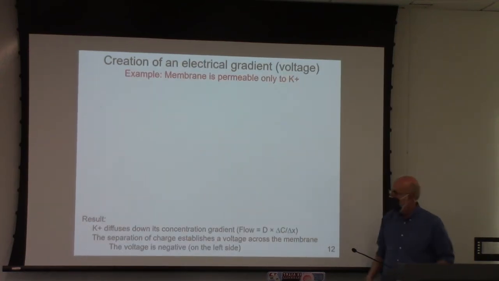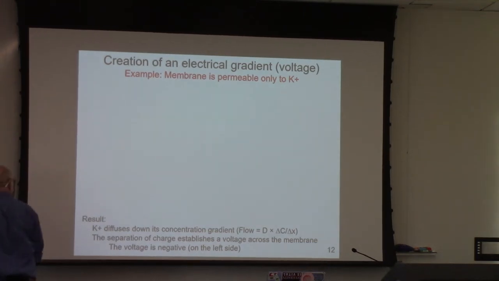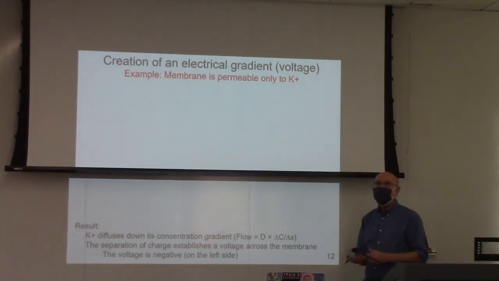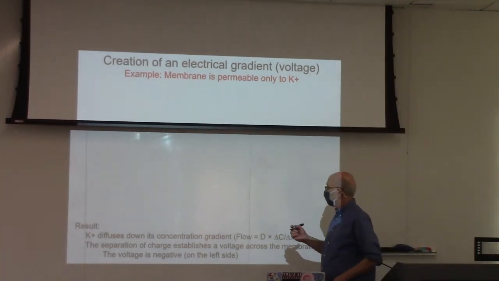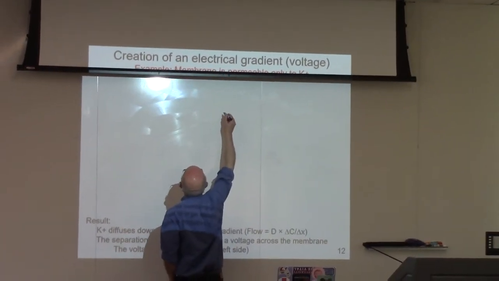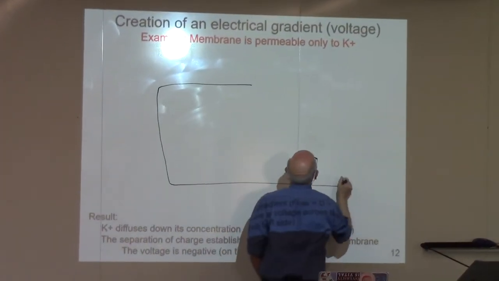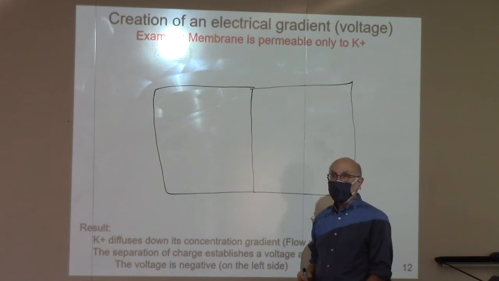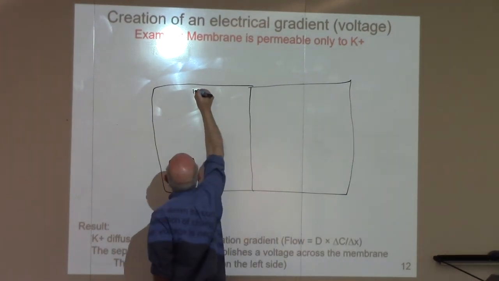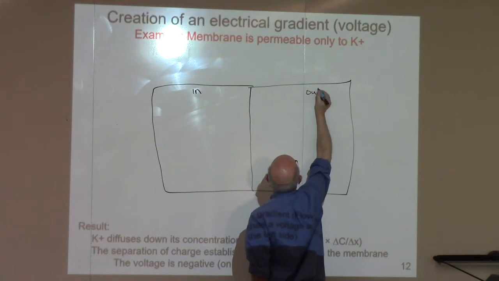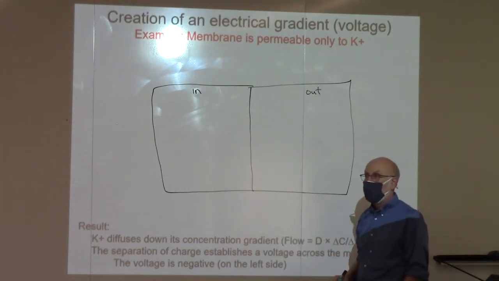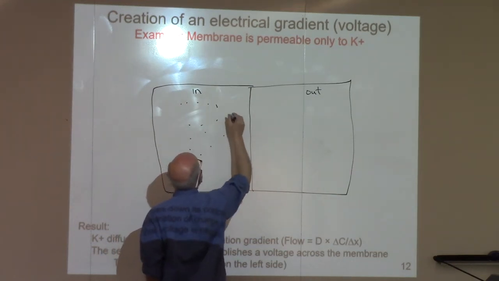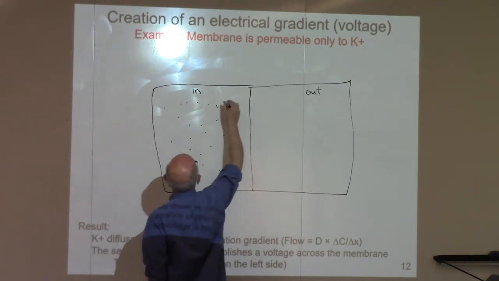So let's now take that knowledge and understand the creation of voltage. Here's the same thing we were just talking about, to be consistent. We're going to call this the inside and this the outside, just like we did before. This inside has lots of potassium ions. Each of these black dots